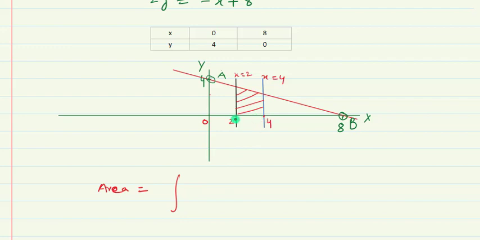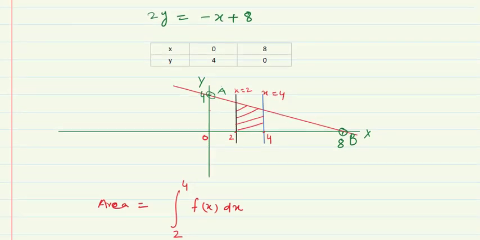We are starting from x is equal to 2 and we need to go up to x is equal to 4. So therefore, taking limits on x-axis as we are calculating area with x-axis. So x is equal to 2, x is equal to 4. Then integral of f(x) dx, as I have told you, we need to take f(x) dx, because we are taking area with x-axis.